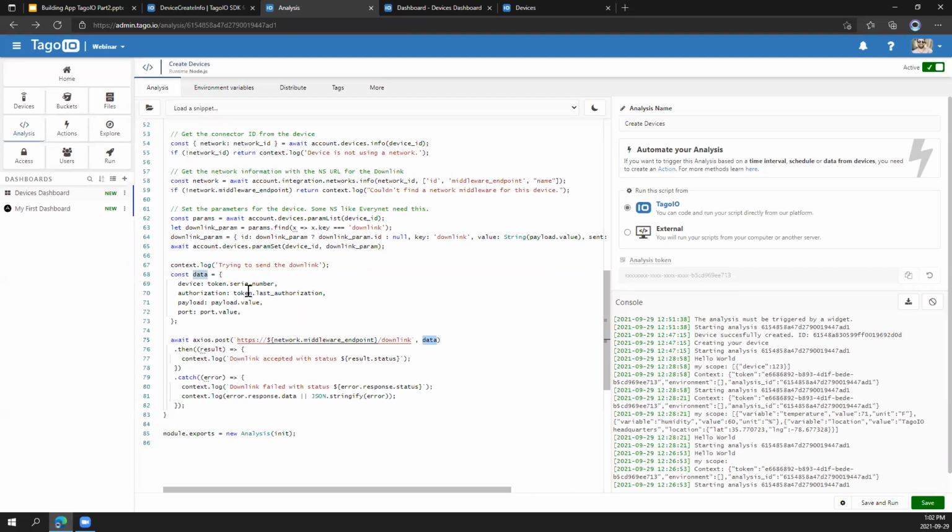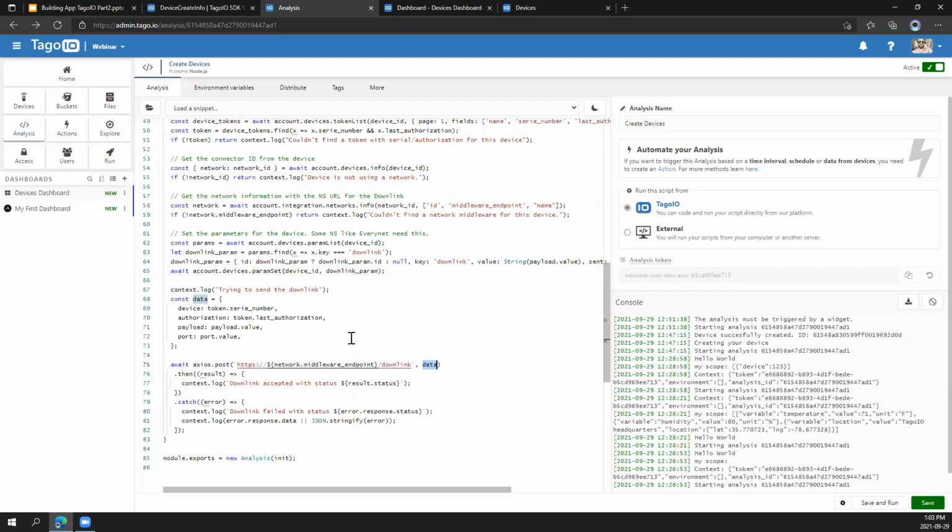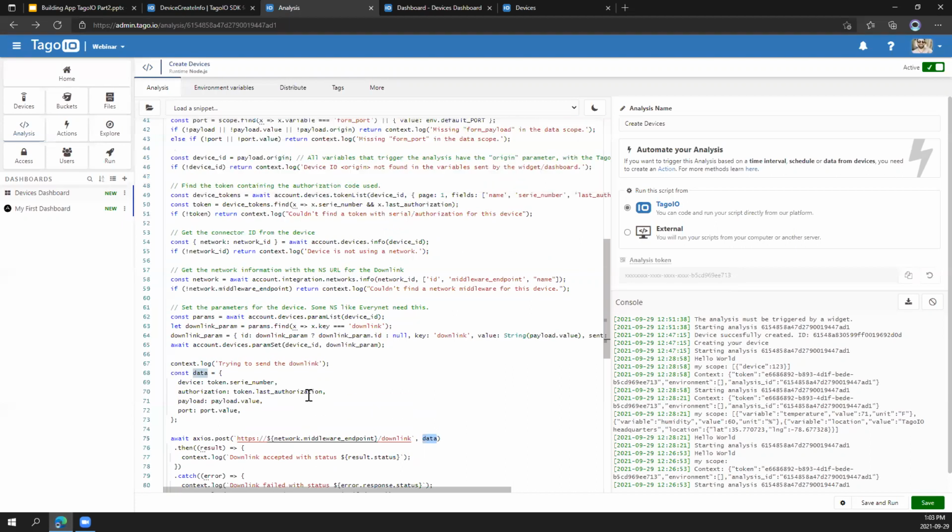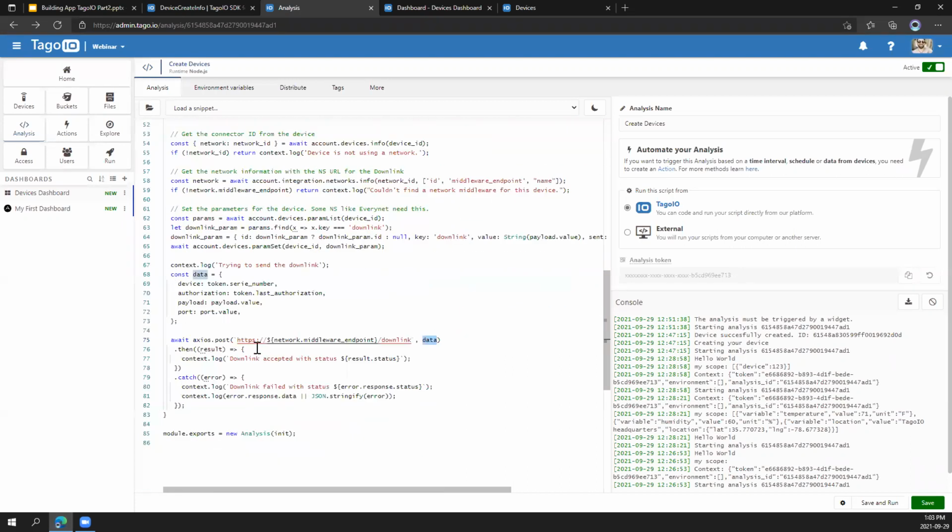Just want to exemplify how free this is for you to build your analysis and do exactly what you are trying to do. And in this case, for downlinks and using Tago support for downlinks, you need to make sure